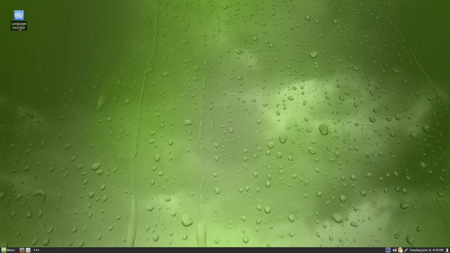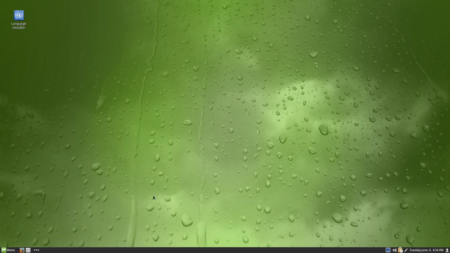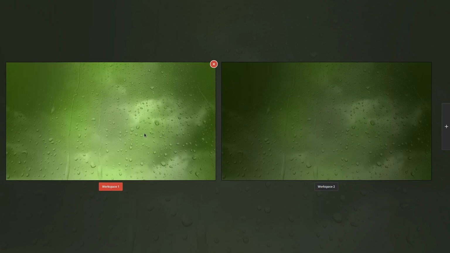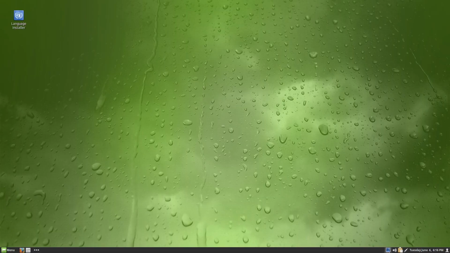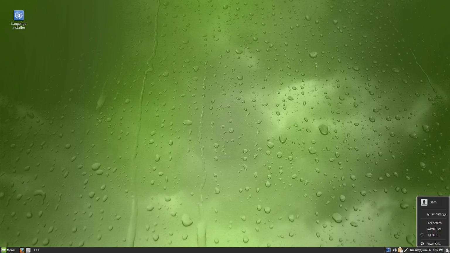On the desktop you have got the language installer. Below there is a Cinnamon panel. You can see this is the typical Cinnamon application menu. You have got the Firefox web browser. The file manager is there. What is this? Okay, so this is the workspace chooser, and on the right side you have got, what is this? This is the volume control, this is the clipboard, this is the network manager, the calendar is there along with some event notifications, and you have got the